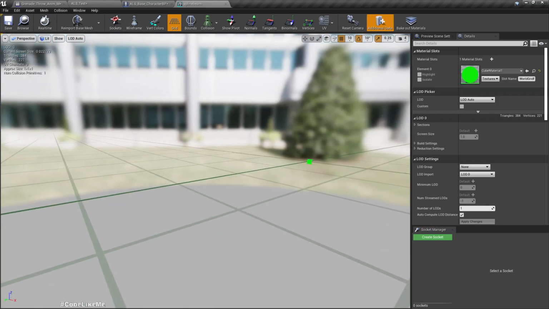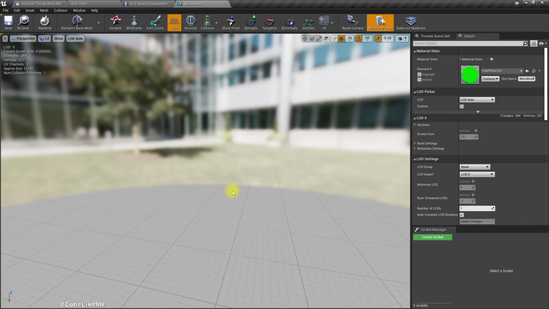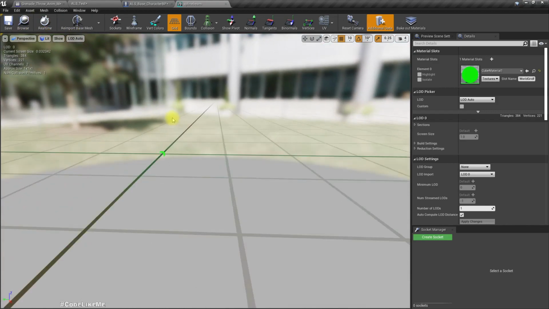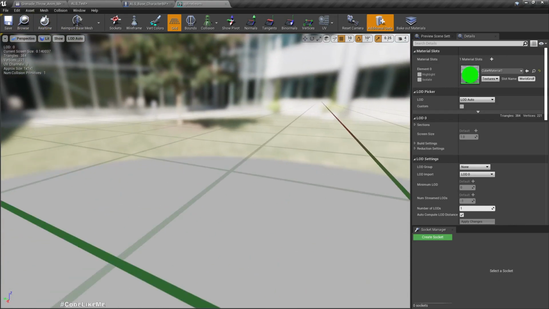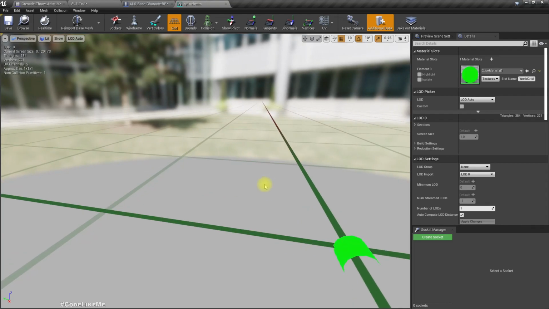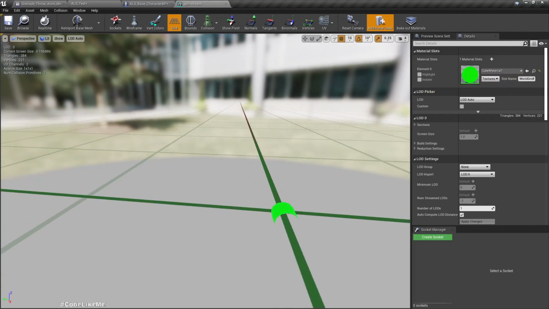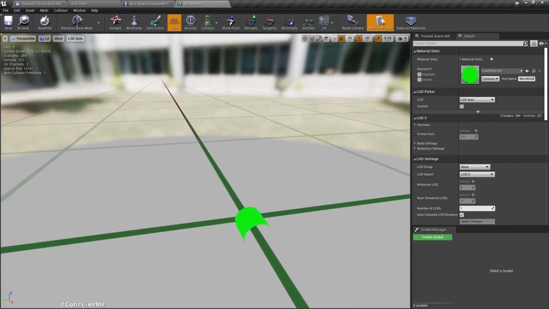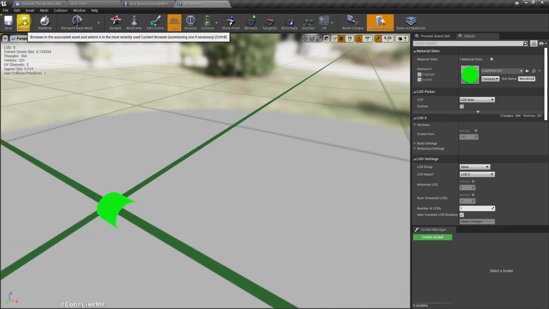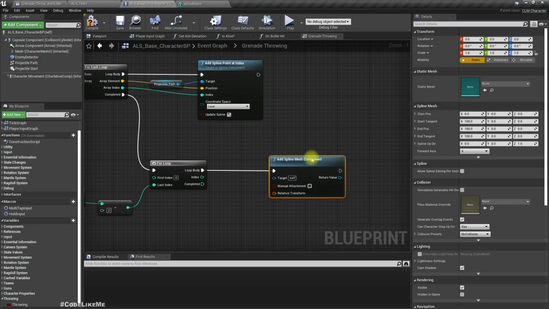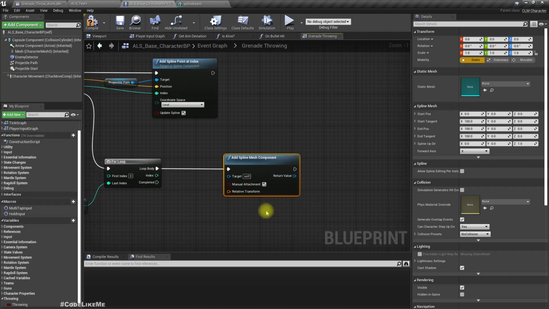This is a very small cylinder. Nothing else. You can just simply use any cylinder you have, but you may have to set the scale correctly. I'll set it to manual attachment, and then